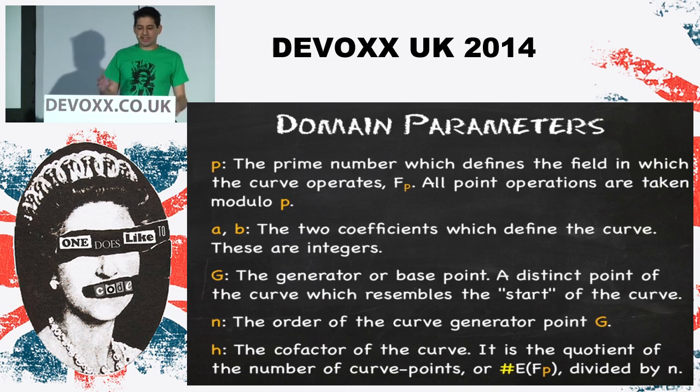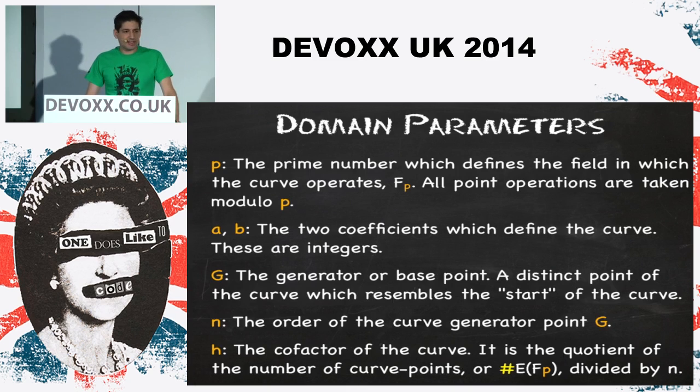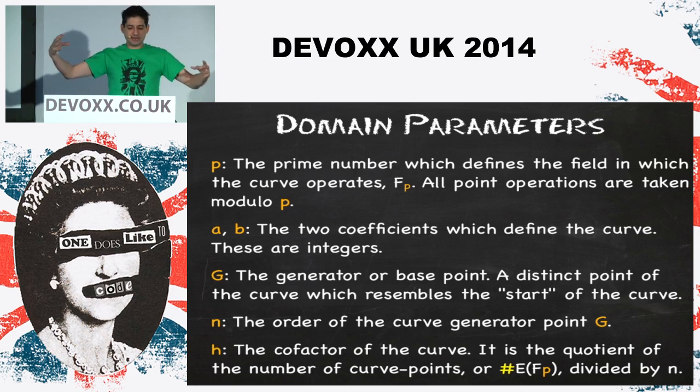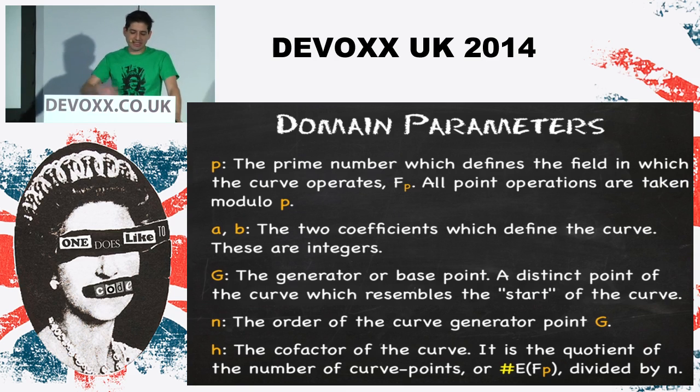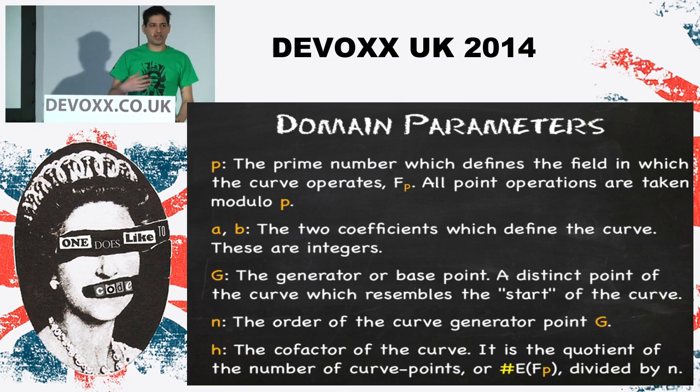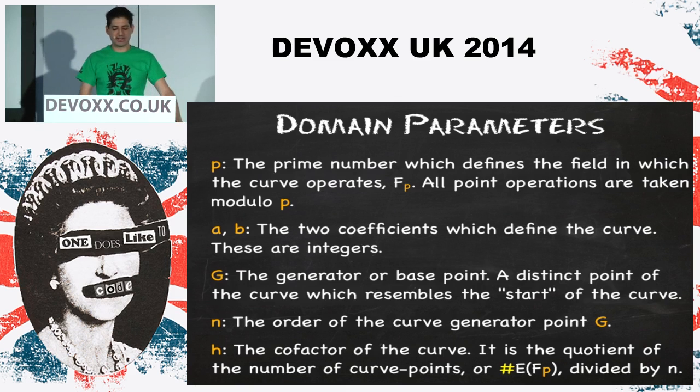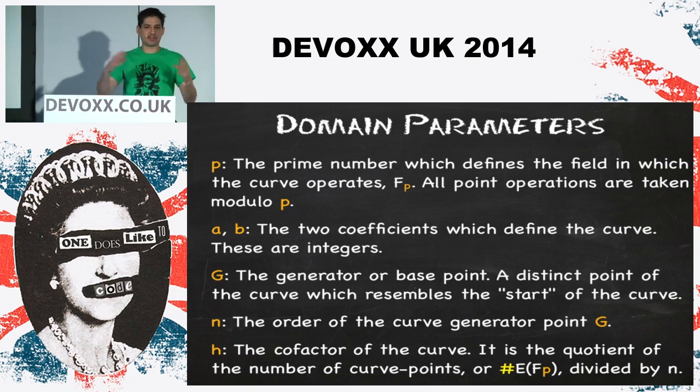The way we figure it is that we tweak some of the parameters. RSA has two inputs, the original two primes. Here we've got the number of primes that are the length of this field we're working on, Zp. We've got two initial coefficients for the Weierstrass equation that we saw. We've got G, which is the initial point on the curve, which we start from every time when we're doing our calculations. And H, which is basically this number which ensures that our curve is going to be able to encrypt all our data. H has to be big enough to encompass the alphabet, basically.